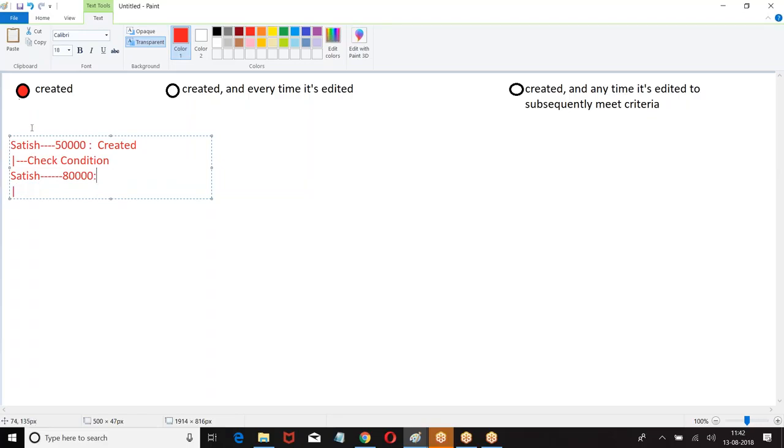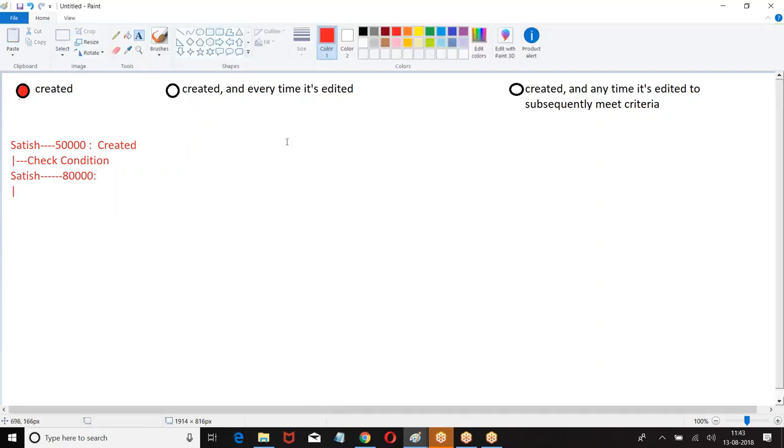Don't check. Why? This option is enabled means only when a new record is created, it is supposed to check. Whenever a new record is created, it is going to check the condition. If you modify the record, it will not check the condition. I hope you are good with this, right?